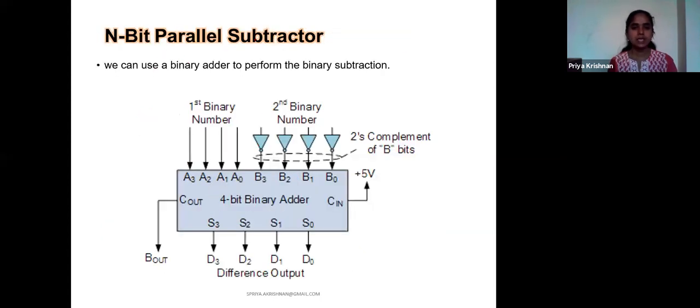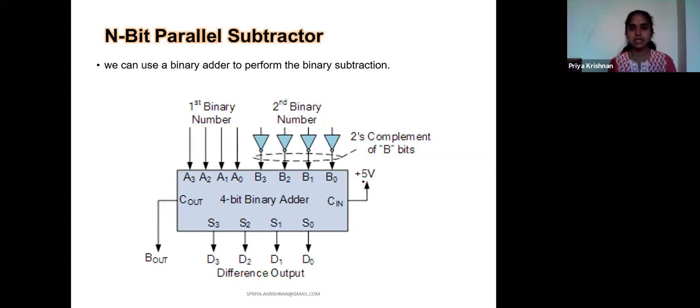So, n-bit parallel subtractor. Now the second case is using the same IC 7483. I want to subtract two data, A minus B. So this is my A data. I'm feeding the A data directly to my IC, and I'm feeding all my B data with the help of a NOT gate. And to make this IC work as a subtractor, I'm connecting Cin to 1, that is, to 5 volts.